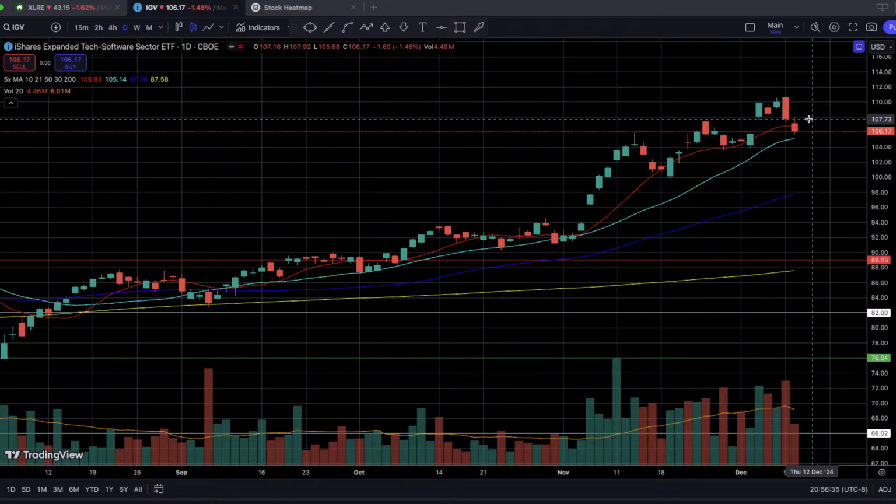Now, as a small bonus here, if these leaders continue to move down, that means we're going to be seeing the laggards like small caps and mid caps start to gain favor as well to the upside. Does that make sense? So it's not just defensive sectors. When we're having a sector rotation, we're going to be seeing the overall asset classes, the market caps, small caps and mid caps, beginning to move back up higher. All right, so that is my overall market outlook as we head into the end of this month.